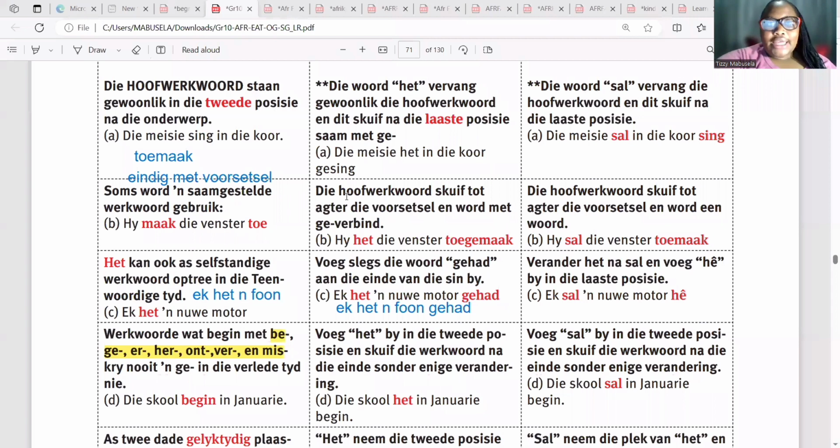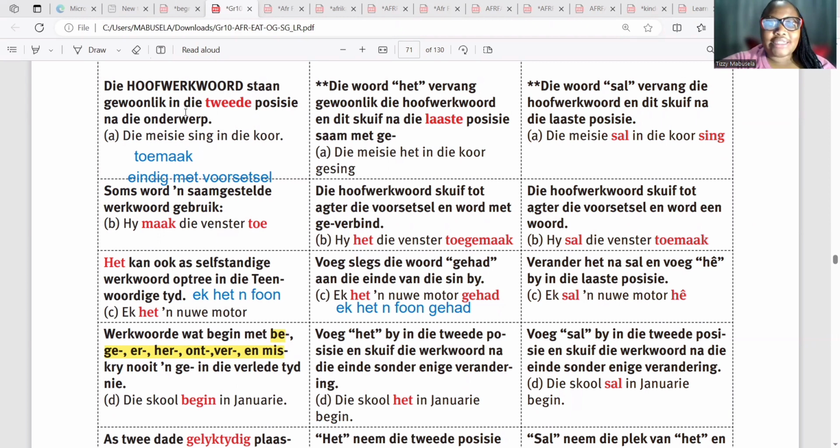So let's look at tye. We have three types of tye, which is tenses in English. We have teenwoordige tyd, we have verlede tyd, and we have toekomende tyd. So we have quite a lot of rules that we need to follow when we do tye. So we're going to start with the first general one that we know,